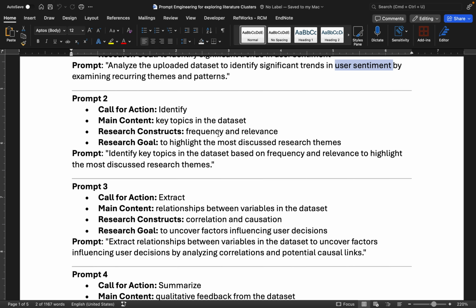and the relevance. This is a criteria which we usually use for bibliometric analysis. So I'm using that criteria. So the key topics in the data set, frequency and relevance, to highlight the most discussed research themes. So this is a really good prompt which will help you to identify or explore the exact themes in your literature. To identify the key topics in the dataset based on frequency and relevance to highlight the most discussed research